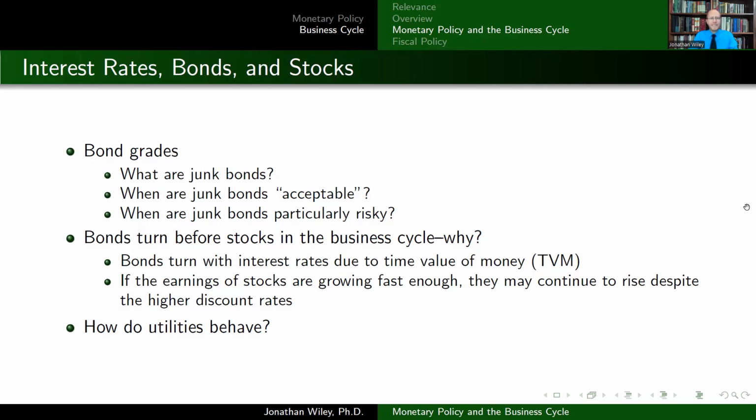So the stock market tends to turn before the economy does, and the bond market tends to turn before the stock market does. So let's talk about this. For the stock market, the reason it tends to turn a little bit before the economy is based on expectations. The stock market might start to drop off the edge and go into declines, heading towards a bear market, possibly before the economy has slipped into a recession, basically